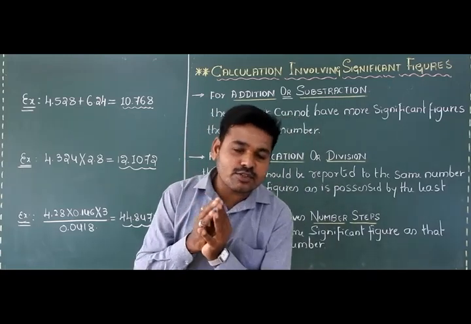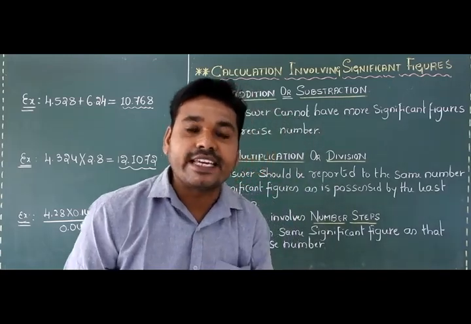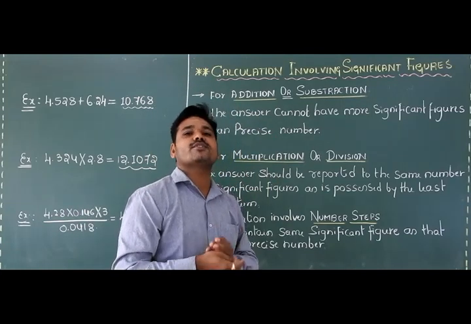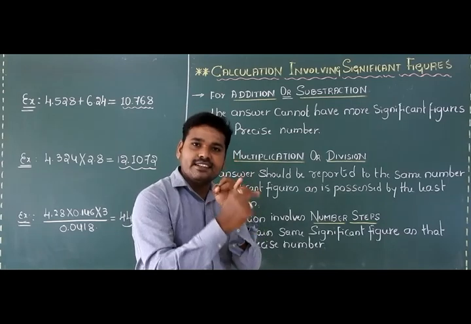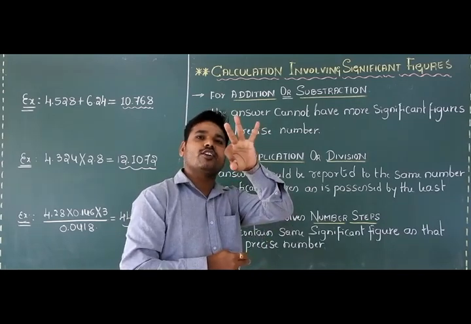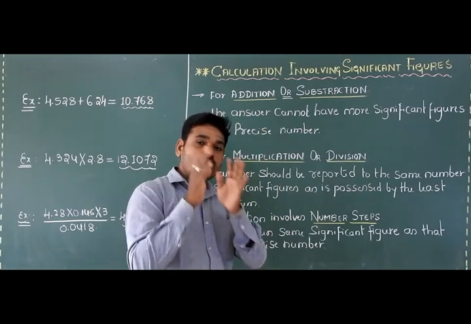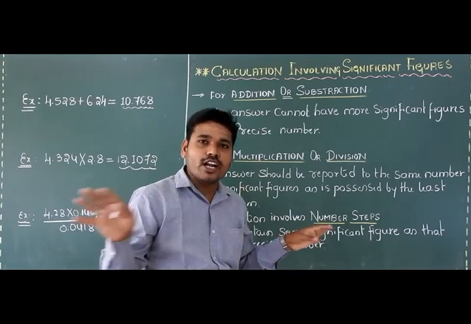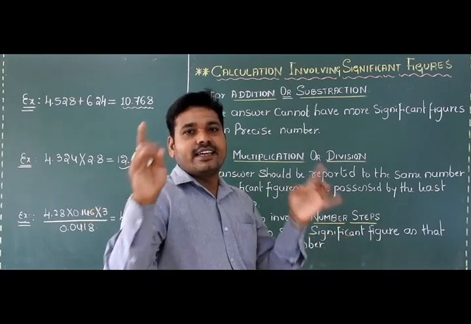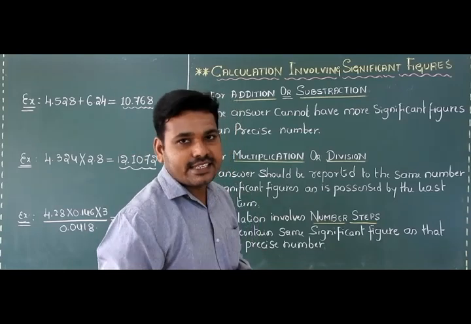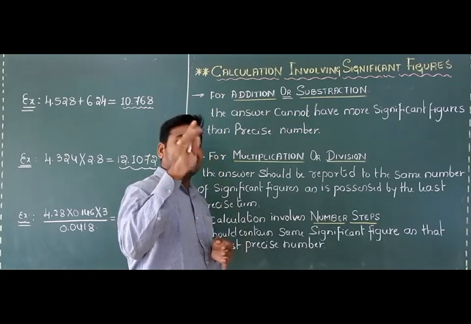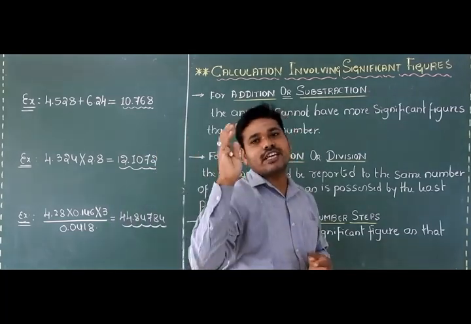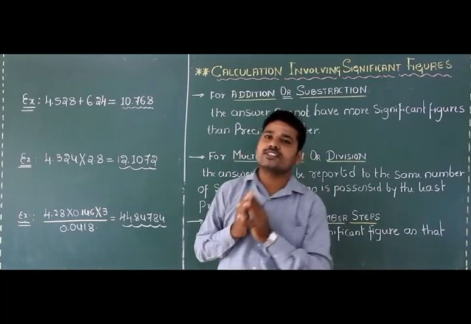Under the heading of zeros, we have three different types of zeros. Can you recall what those three types are, students? Yes, the first one is leading zero, the second is captive zero, and the third category is trailing zero. Out of these, leading zeros are not at all counted as significant figures. Captive zeros are always counted as significant figures, whereas trailing zeros are sometimes counted as significant and sometimes not, students.